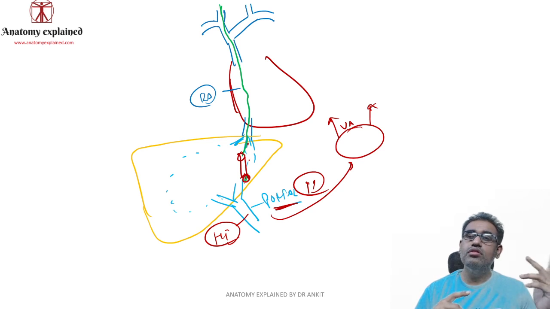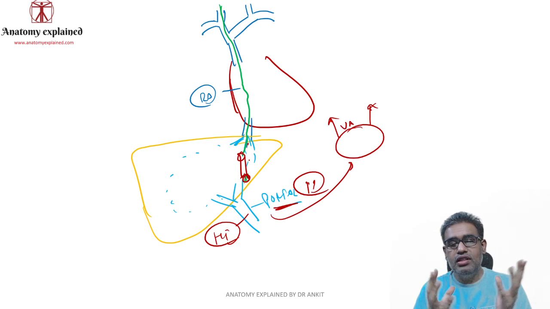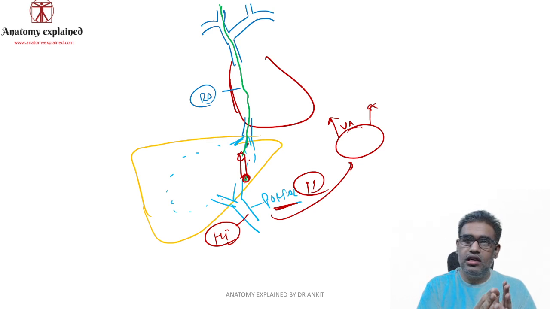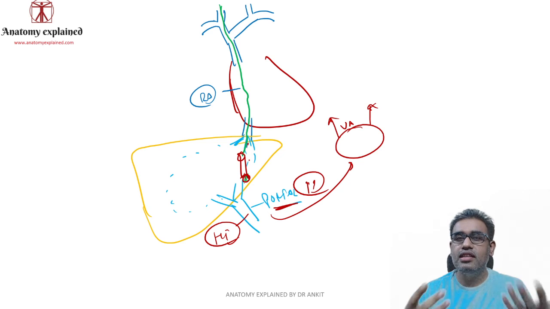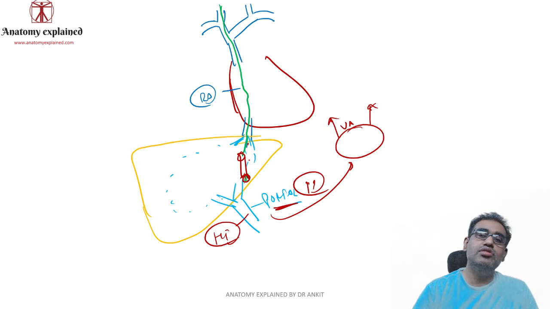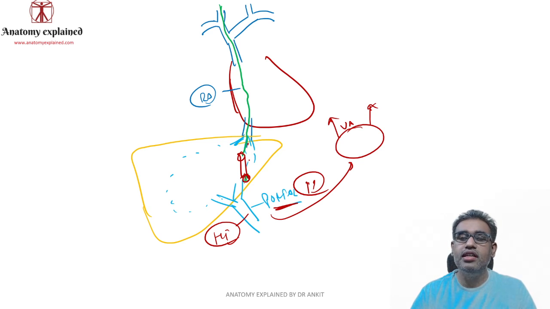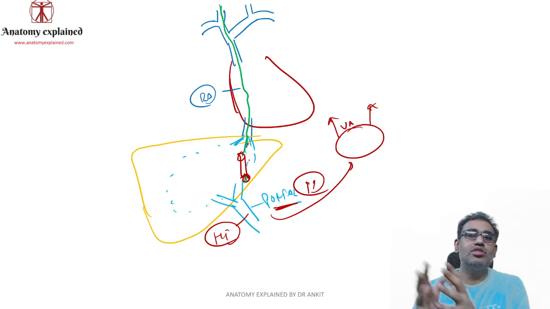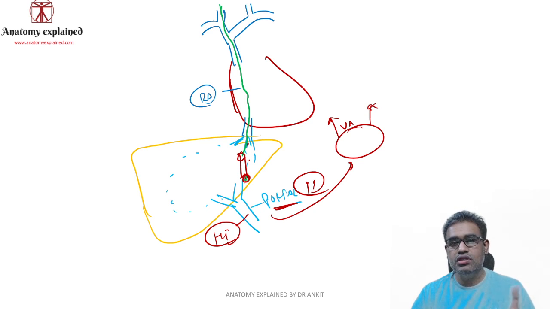But initially I told you there are two sets of circulations. Now one set of circulation is having too much pressure. Now what will his or her brother do? It will try to share the pressure. Now if they are not able to share the pressure naturally, then unnaturally you can help. That is the role of a doctor, that you can help them share the pressure. Because if they are sharing the pressure when they are not naturally meant to, bleeding is occurring. So unnaturally, artificially, procedurally, we share this pressure via the process of TIPS.